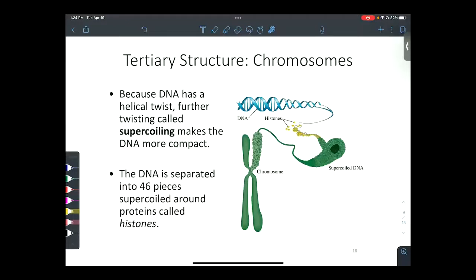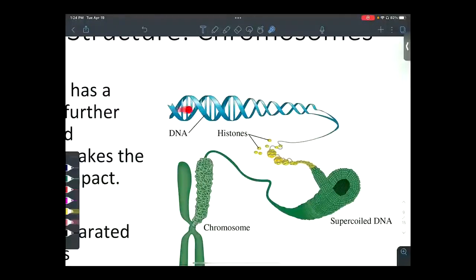I've shown you what DNA looks like, but when it's actually in our bodies and compact, it's in the form of a chromosome, where we take all of those nucleic acid strands, your DNA, we wrap them around what's called a histone. It's just a special type of protein, and it packs itself into this X-shaped chromosome. I think that's pretty cool that our bodies do this. And so those DNA pieces within our bodies are separated into 46 different pieces, and we have those chromosomes there. So here's your strand,